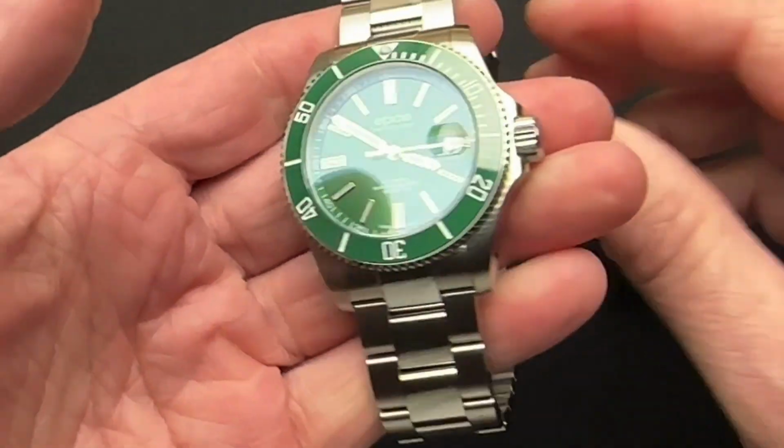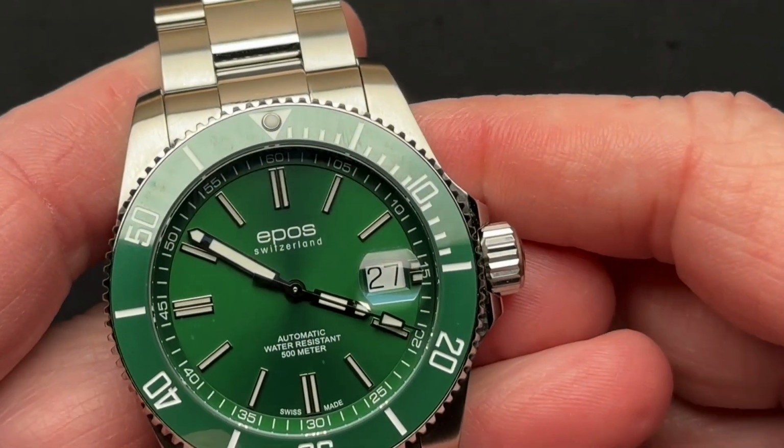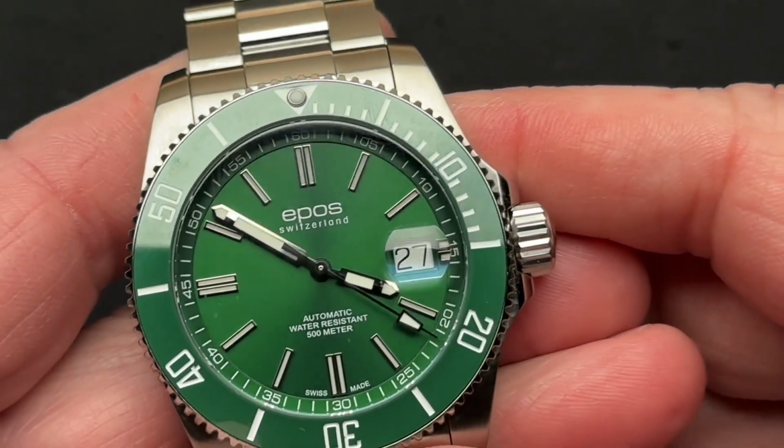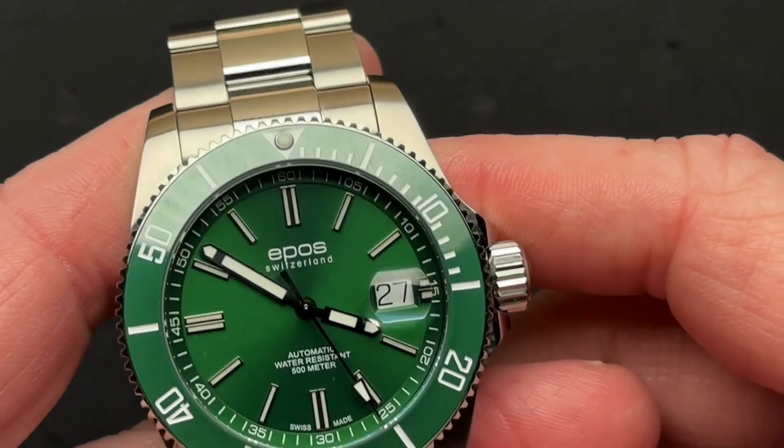Works really well. So I'll give you a kind of a close-up here. Let's go in a little bit closer. It is a sunburst green dial. Applied indices. The chapter ring,